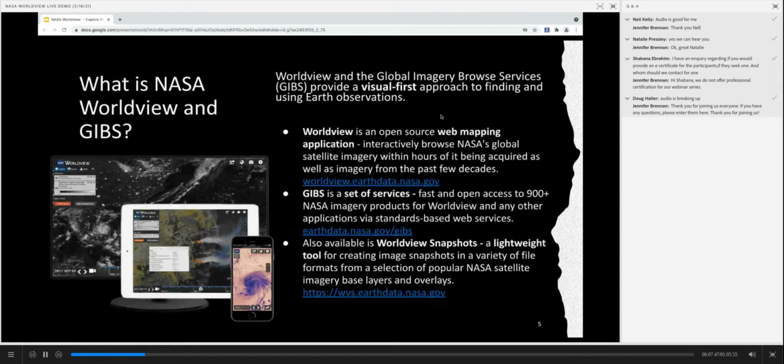So to describe what NASA Worldview and GIBS is in more depth,